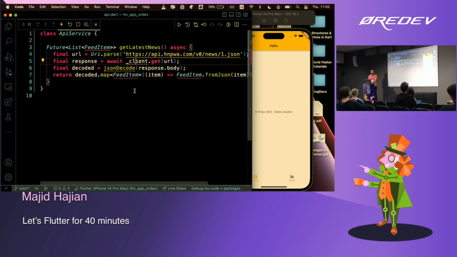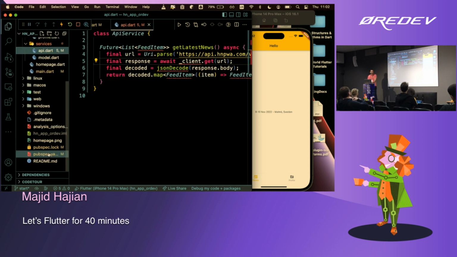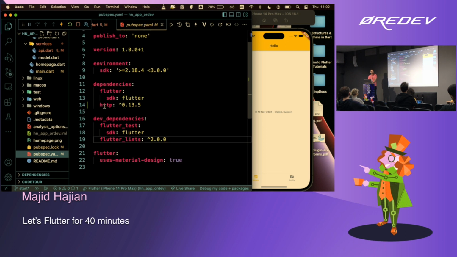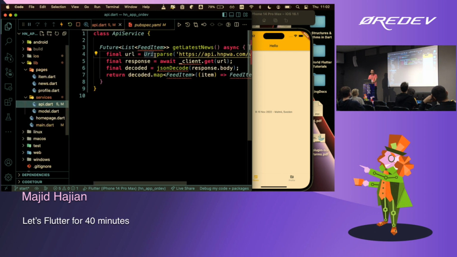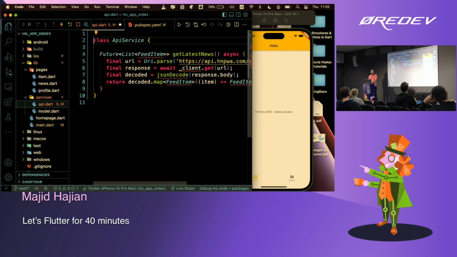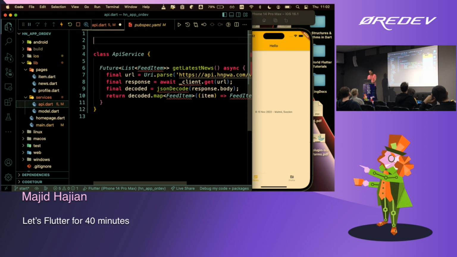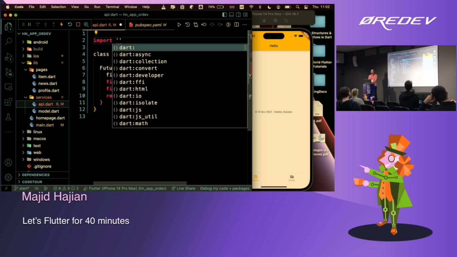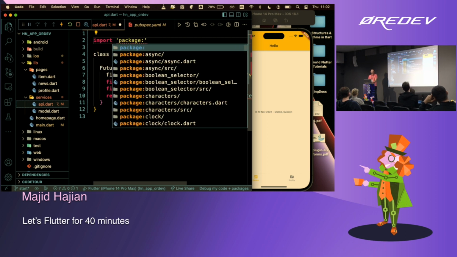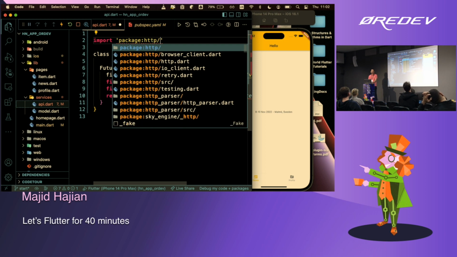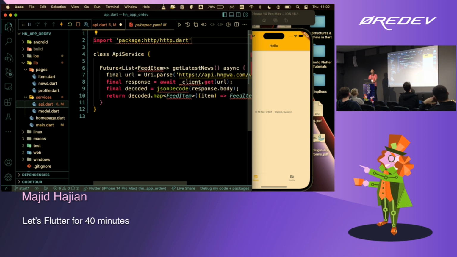Once you do that, it goes to the pubspec.yaml file, adds that as a dependency, and fetches this package, which means now I can simply come here. Another syntax that I want to show you: for importing a package, you can simply say import and start with the package, the name of the package, and the main file, which is going to be http.